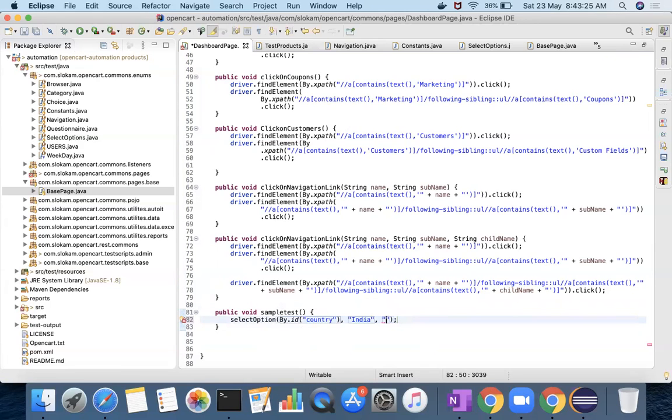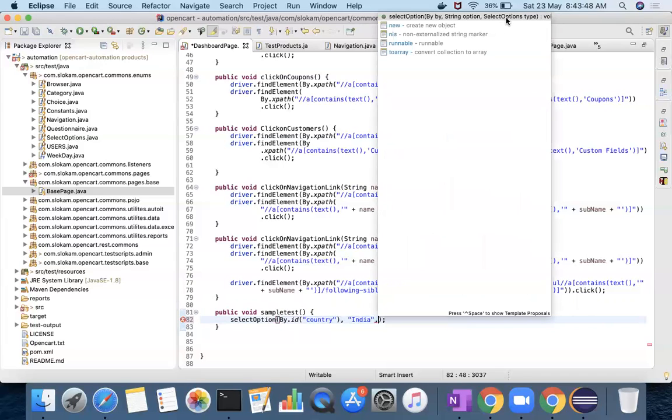Here you cannot say you want to select by visible text, or you cannot say text. You cannot send your own string here, because the third parameter it takes is the select options type.